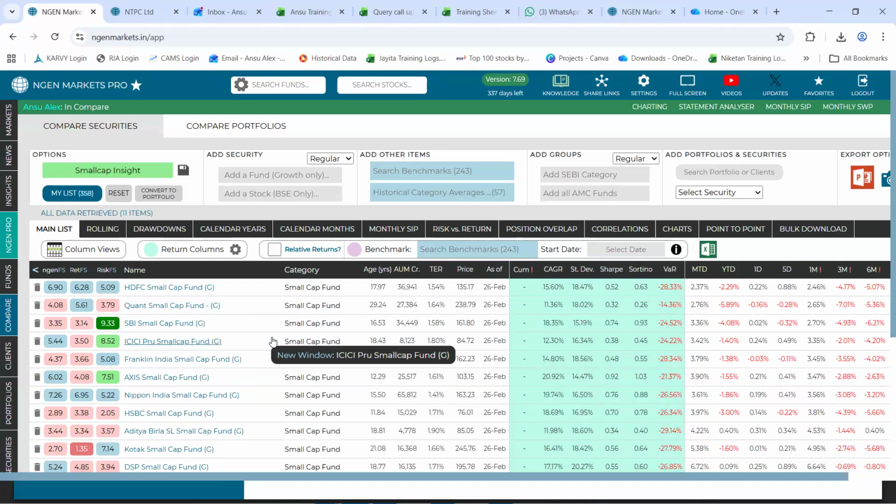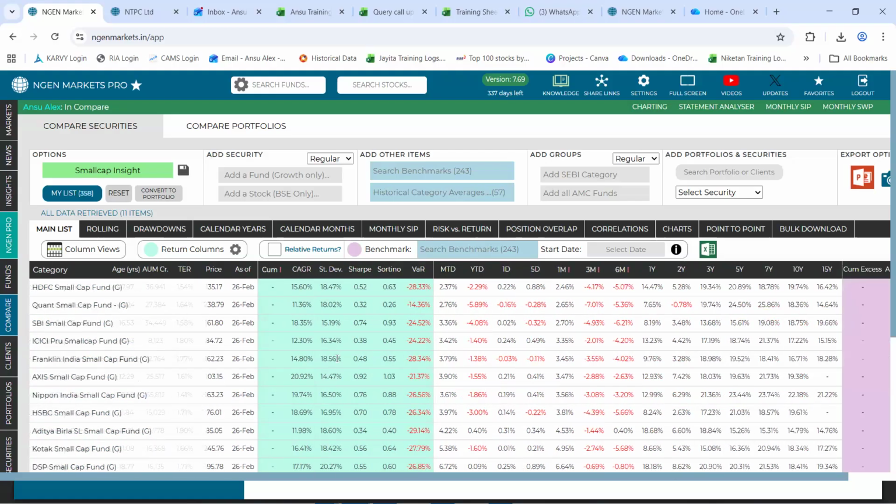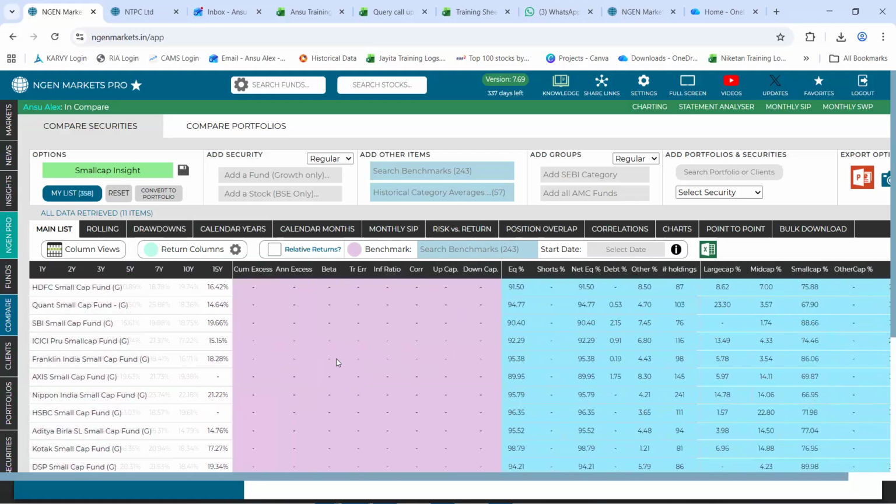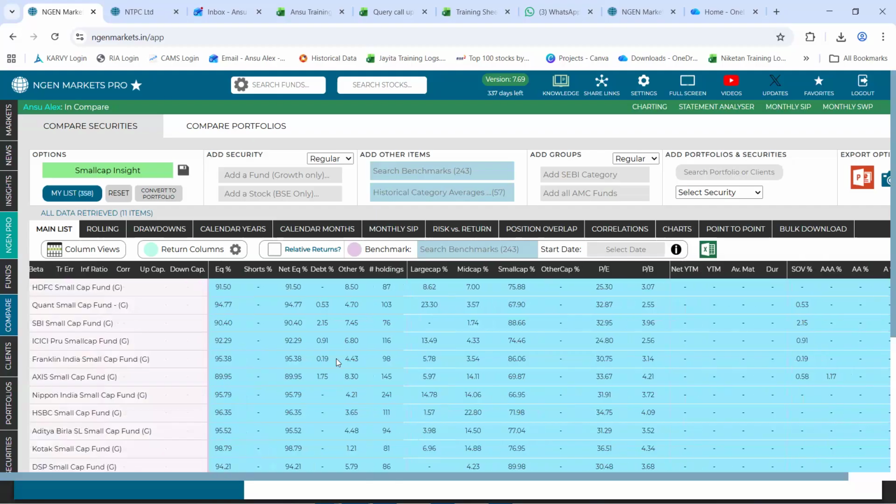In order to view the holding data once it is loaded, you can scroll towards the right hand side and come across these blue color coded columns. The blue color coded columns are specifically the holding specific columns. Firstly, we will be showing you the equity and debt split of every fund.